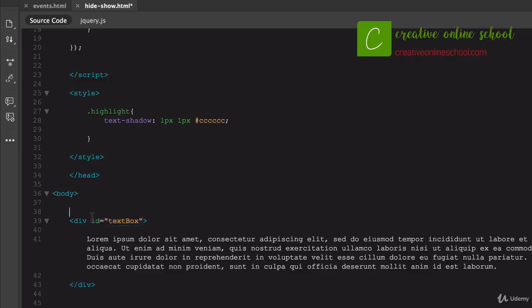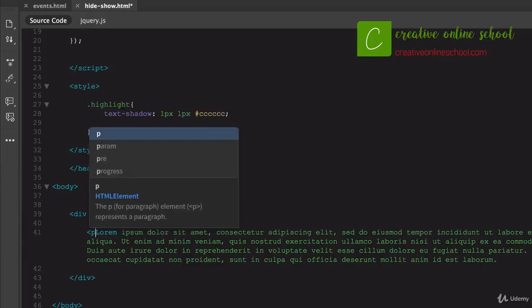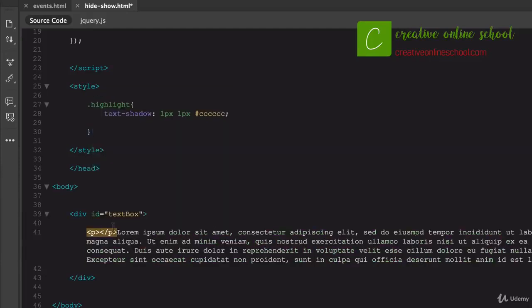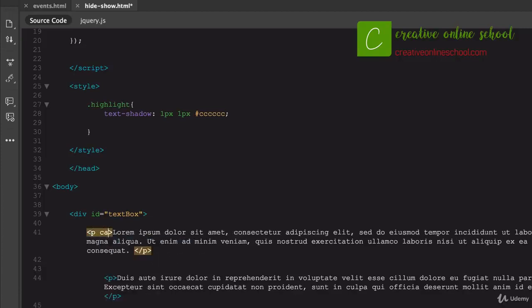Now I've got this ID here that was from a previous area. That still kind of works here because we don't need to worry about this. But we do need to give this paragraph here something very specific. So I could say this paragraph, but it always opens and closes in the wrong area. I'm going to cut that out. In fact, I'm just going to do this for the first sentence area up here, just to show you the difference. So we open that paragraph tag, we'll open a new paragraph tag here, we'll cut that out, and we'll close this one out. Again, just to show you the difference, I'm going to add just this one class